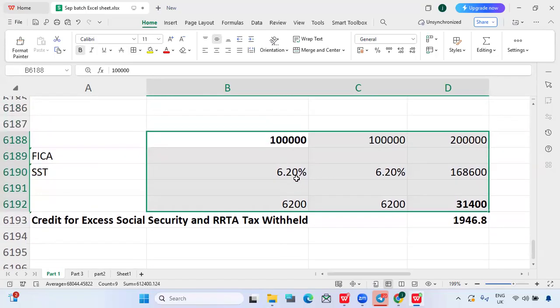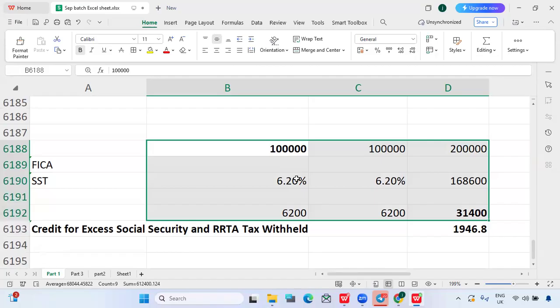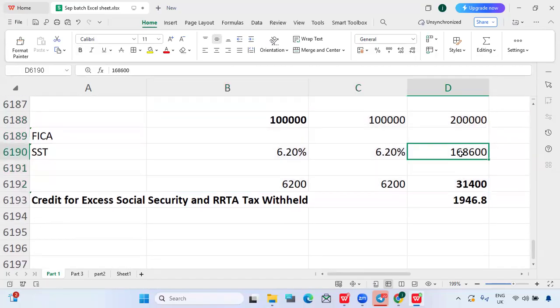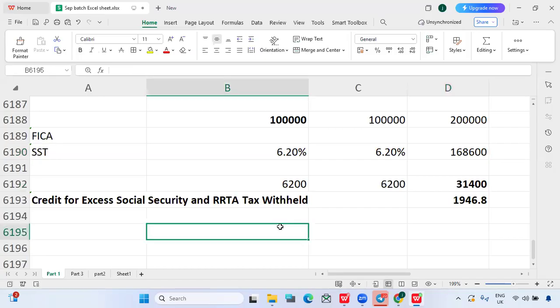Okay. Jay, just one quick question. After 168,600, whatever would be our income, the maximum tax we would pay is 31,400, right? Even if we are earning 400,000 or something, it would be the same as for 168,600, right? Yeah. So 31,400. This is an example, right? $200,000 we have seen as an example. Okay, yeah, you are correct. Here, from a tax point of view, we have to say, so that means